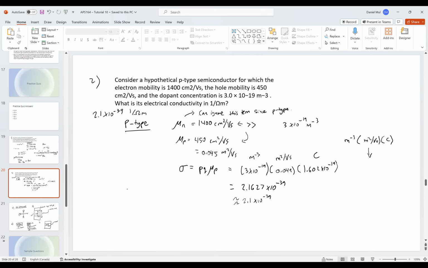And if we remember this, we get 1 coulomb over Vs meter, which is just over this. Do you have any questions regarding